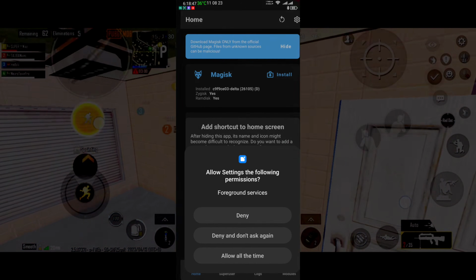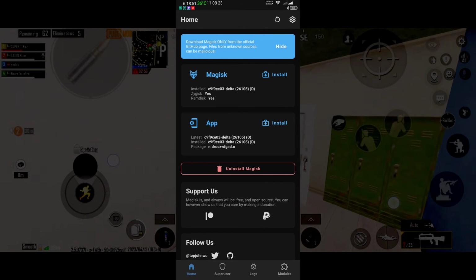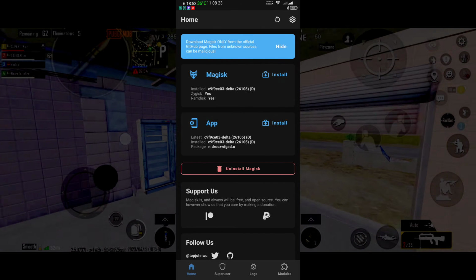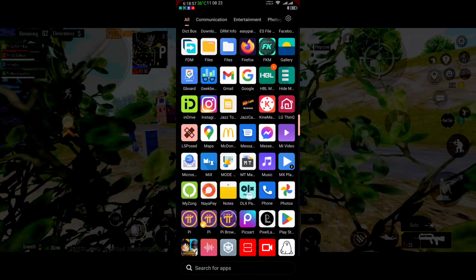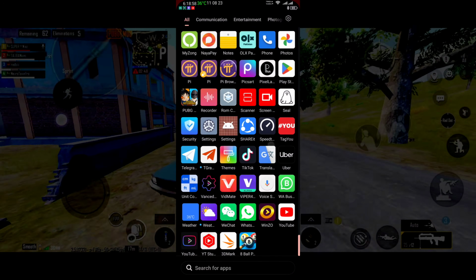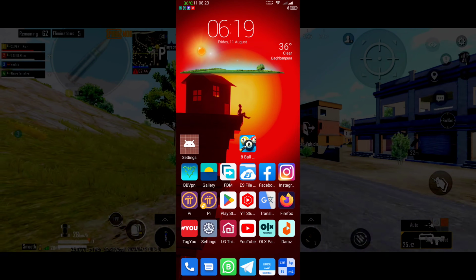Magisk Delta has been renamed, and it will hide itself from detection. Allow the shortcut on the desktop, and as you can see now Magisk Delta has totally disappeared and a new icon came in the applications. It is also Magisk Delta.